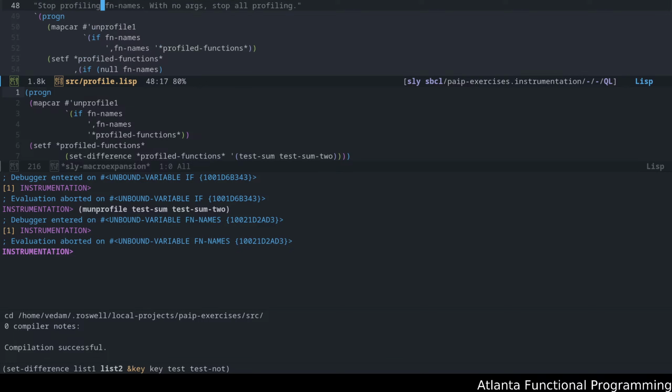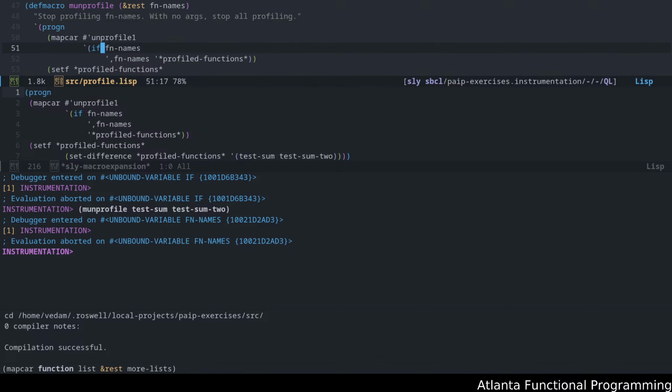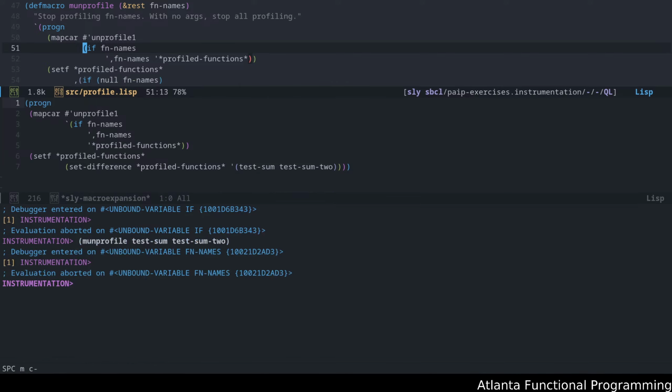So what we need to do, I believe the fix is if fnames, go ahead and do that. Otherwise, because it's already in a back quote, and then this should work. Okay.